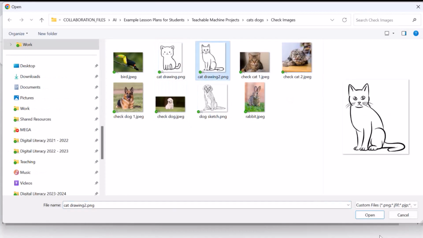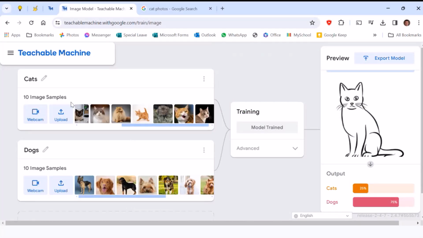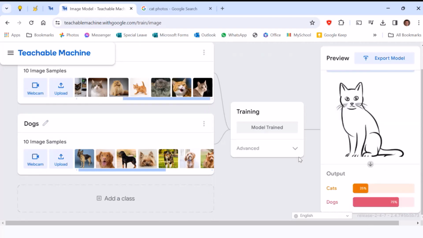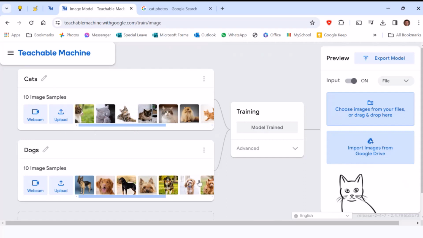If we try to give it a sketch, for example, a sketch of a cat, in this case, it completely gets it wrong because, again, the AI is only trained on photos of cats. It is not being trained on sketches of cats. How accurate it gives us the result is based always on the data set on which the AI is trained. And this is something important that we need to keep in mind because the AI is only as good as the data on which it is trained. So we need to be careful sometimes when you use AI.